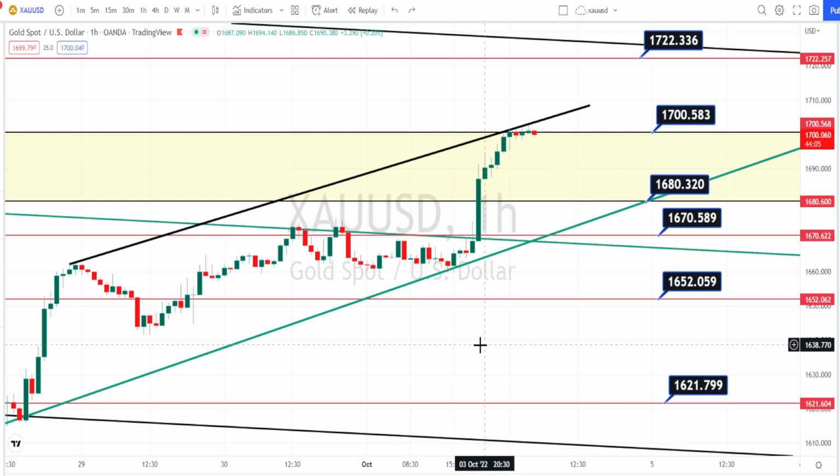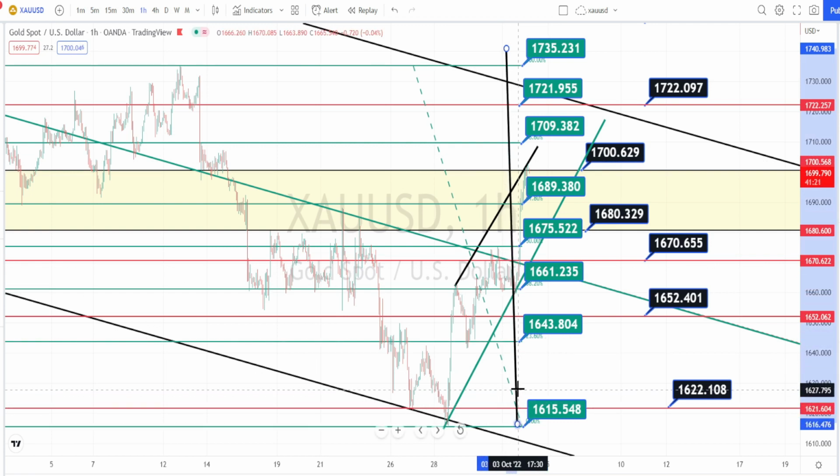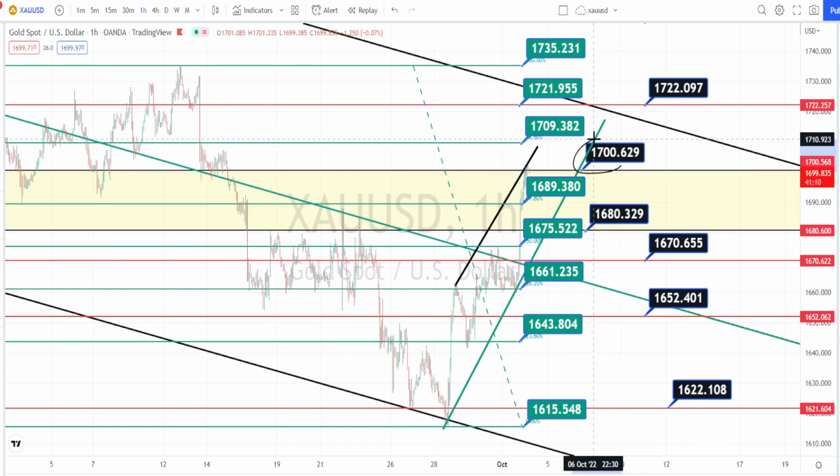Let us mark the support and resistance levels. So the values within these green color boxes are the resistance and support levels for current price action in hourly time frame. Presently we are noticing the price action to bounce back from the resistance level of 1700 on a bearish side retracement. Next level of support from the hourly time frame is going to be around 1689, 1675, 1661, 1643 and 1615. And if the price action breaks the daily time frame resistance level of 1700, next level of resistance from the hourly time frame is going to be around 1709,